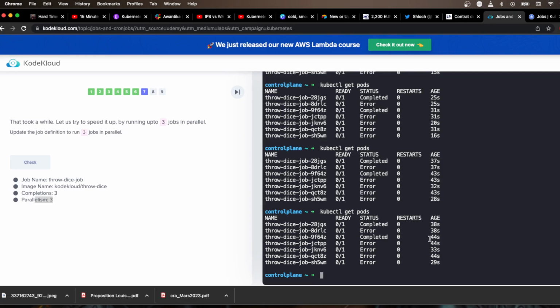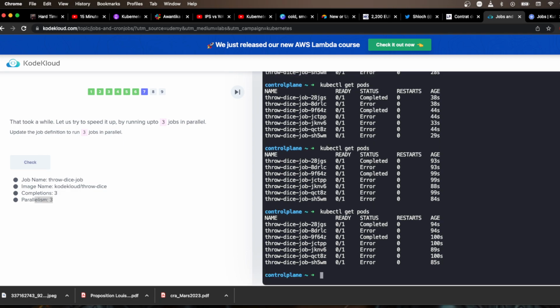We can see that in the beginning 3 pods started automatically. You can see from the timestamp we have 3 pods of 44 seconds. Of those 3, we had 1 successful pod, this one. Then since we had 1 successful, we're looking for 2 more. That's why 2 pods launch. And from the 2 pods we had 1 completed pod. So from there we're looking for 1 more. So what happened? It launched this one and then this one,